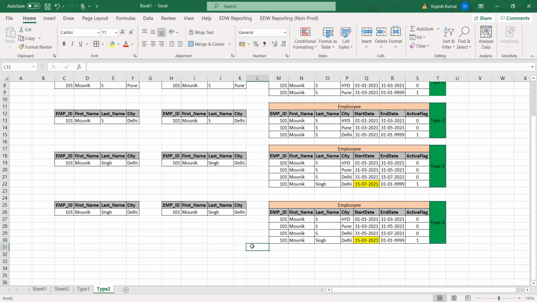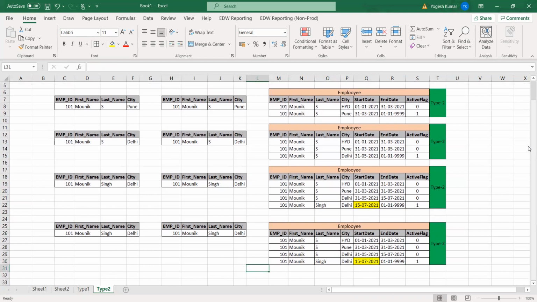So this is type 2. Hope you get the logic of type 2. Type 2 will always create a history of that particular record.